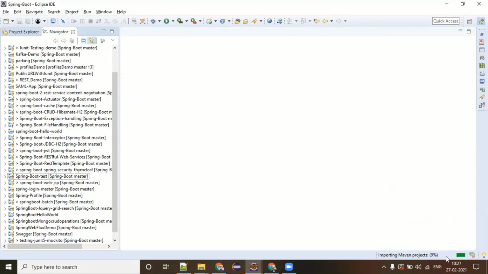Remember, Maven is a project build tool. For the first time when you are doing a brand new import of your Maven project, or you are adding some new library in your pom.xml file, make sure that you have an internet connection, because it is downloading all the library dependencies from the online Maven repository.